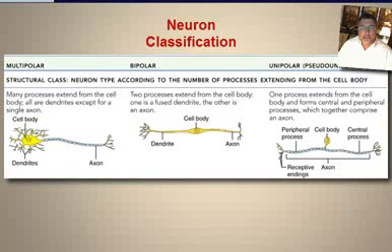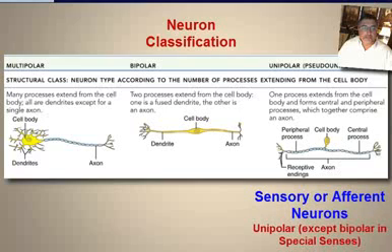Now functionally, we've talked about a variety of different types of neurons. So functionally, how do these structural classifications fit in? We've talked about sensory or afferent neurons, which are typically unipolar, except for the bipolar special senses. Cell bodies are going to be located in ganglia. Remember, that's in the peripheral nervous system,